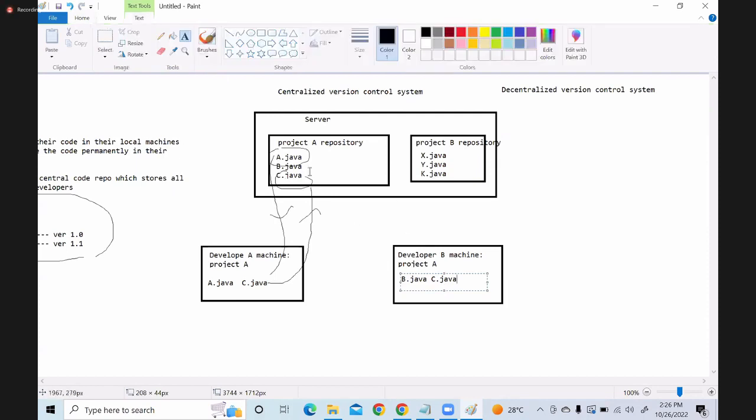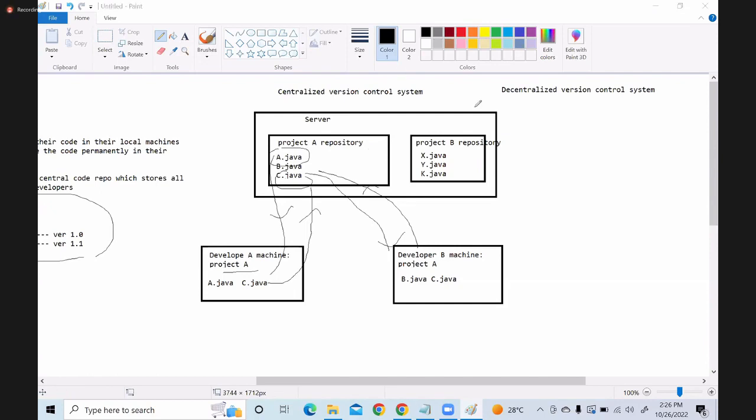First he can pull the files pushed by developer A, take whatever files he needs, make the changes, and push again. Every change a developer has done has to be pushed to this repository. In version control, we have a special term called commit. I'll tell you what commit is.